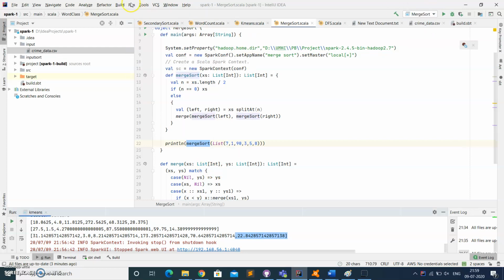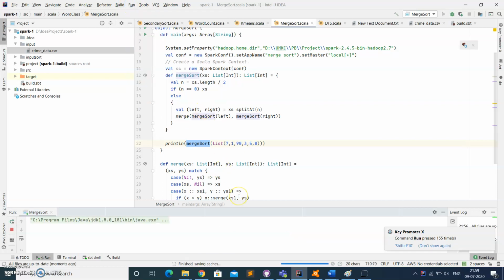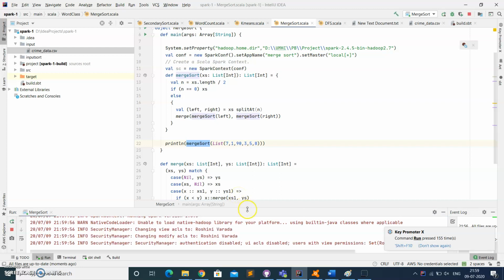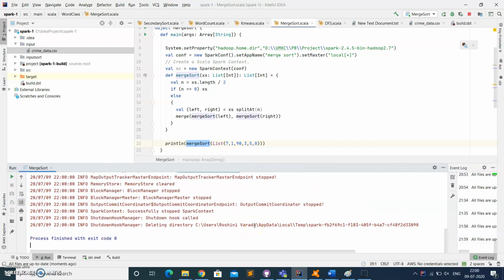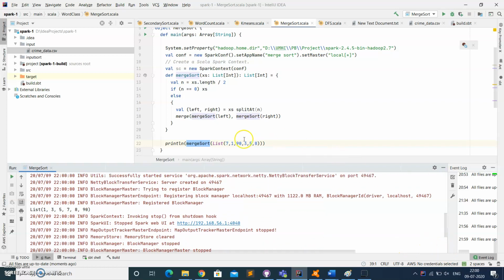Let us run the merge sort. See, the input that we have taken is 719358, and the output that has come is 1357890, which is a sorted list. And this is the end of the merge sort.